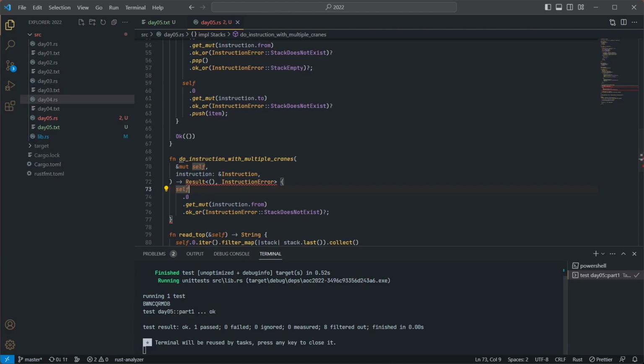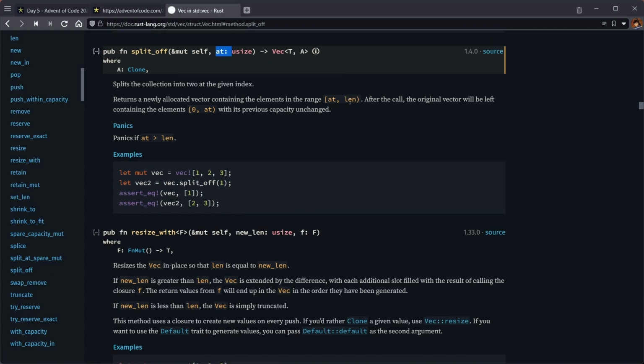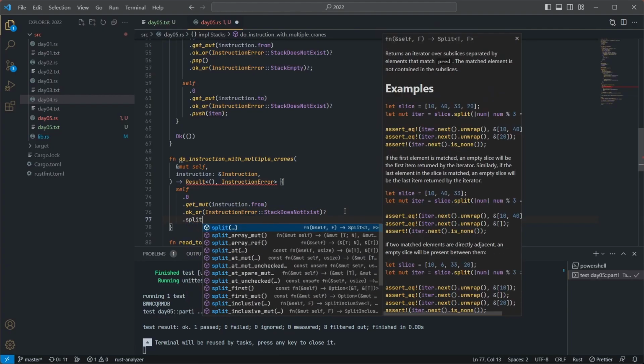That would be possible. But now I see that there is a function called split off. It splits the collection into 2 at a given index, returns a newly allocated vector containing the elements in the range at to length. After the call, the original vector will be left containing the elements 0 to at, with its previous capacity unchanged. So we can split off,